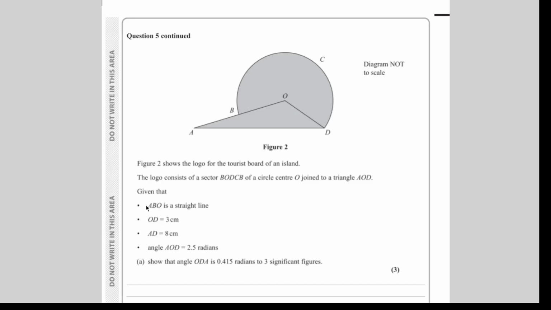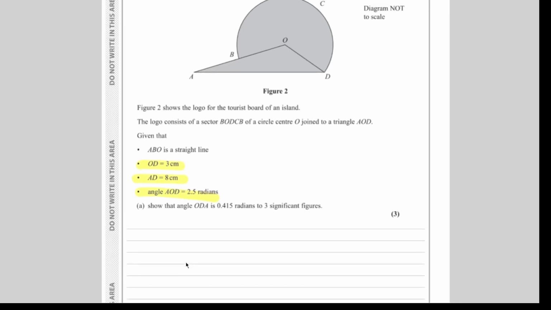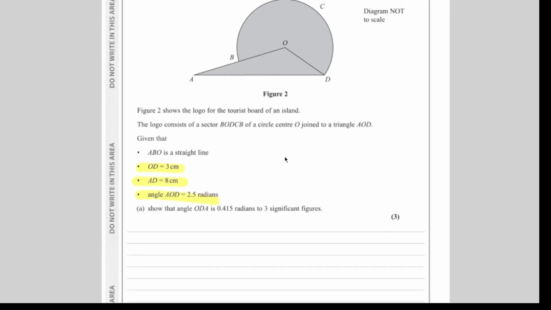Given that ABO is a straight line, OD equals 3 centimeters, AD equals 8 centimeters, angle AOD equals 2.5 radians. Show that angle ODA is 0.415 radians. We need to show that ODA is 0.415